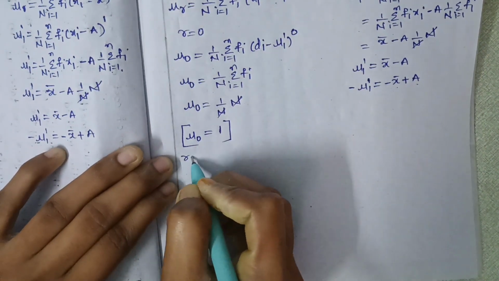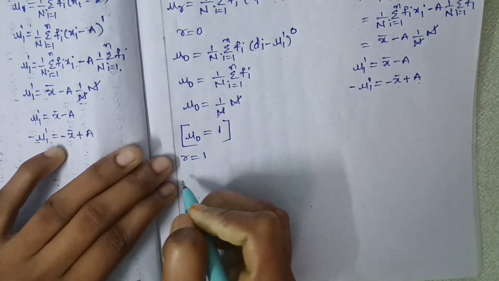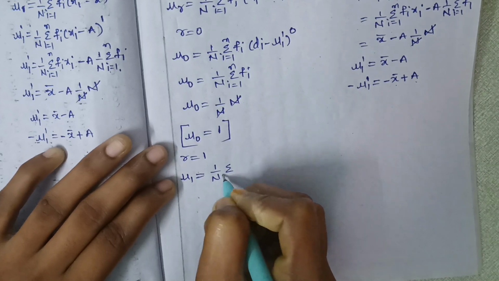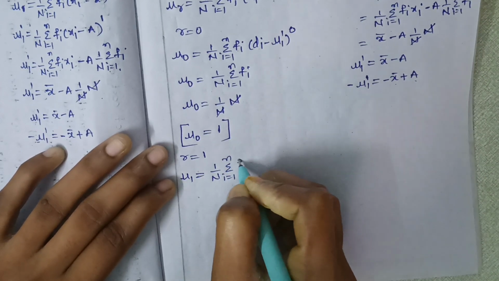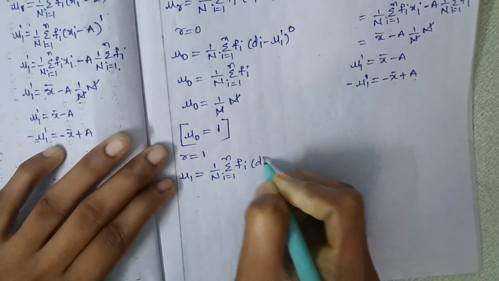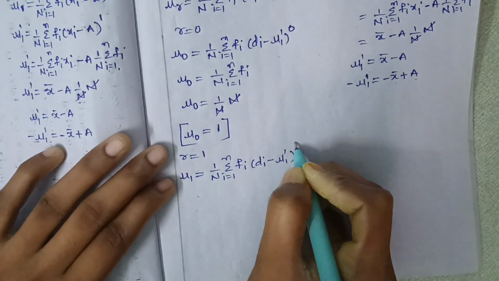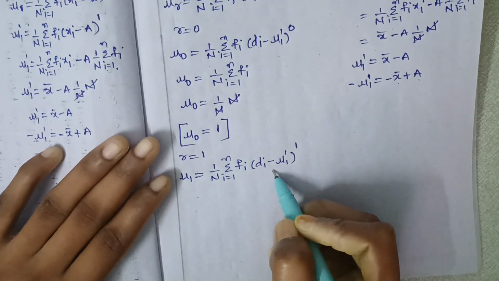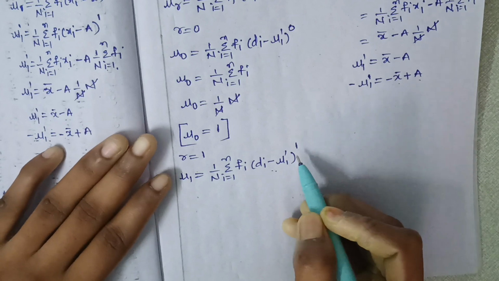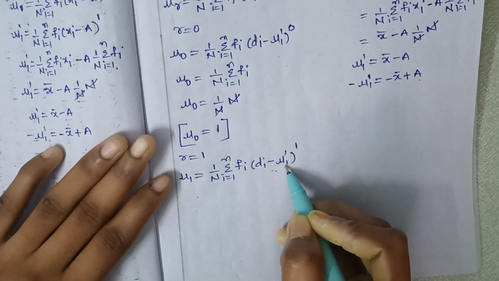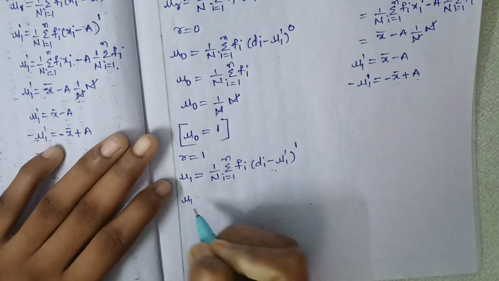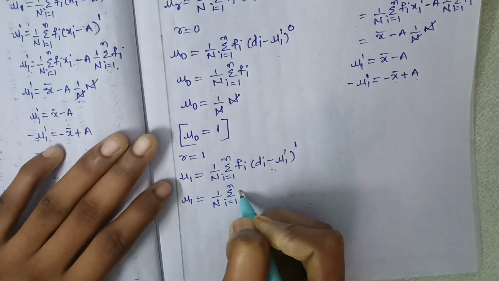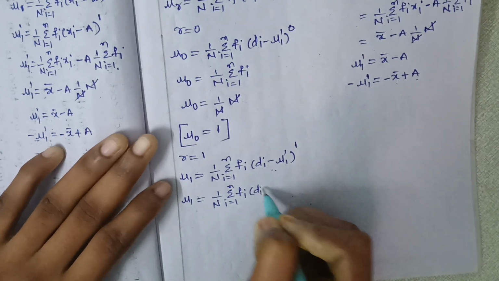Therefore if r is equal to 1, then mu1 is equal to 1 by n summation i equals 1 to n fi into (di minus mu1 dash) whole to the power of 1. 1 to the power of 1 is 1 only. So (di minus mu1 dash) whole to the power of 1 is equal to di minus mu1 dash only. So mu1 is equal to 1 by n summation i equals 1 to n fi into (di minus